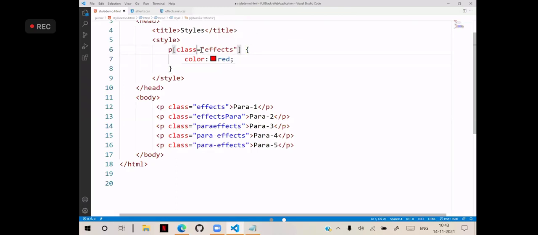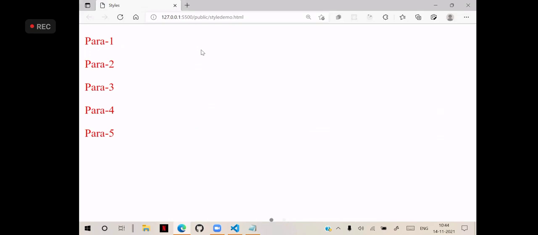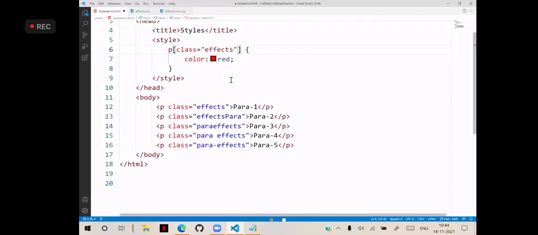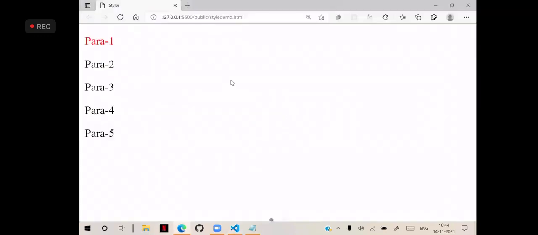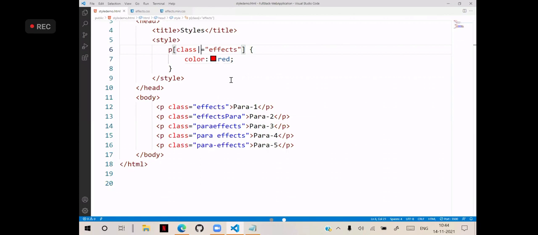Now if I define asterisk equal, it will apply everywhere. That means wherever it comes, it will apply. Generally, we have the pipe symbol equal. It will apply to the first one. Actually, it is for space. We have version compatibility problems are there. Now recently, we are using CSS4 now. So we are working with some CSS4 advanced selectors we are learning. CSS3, CSS4, some compatibility changes happen. So what happens here is, if I use tilde equal,